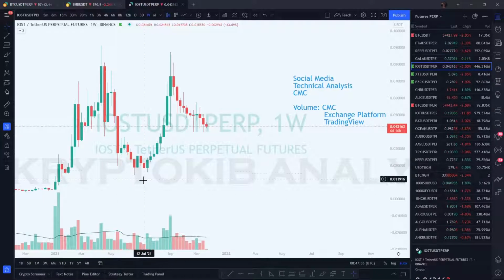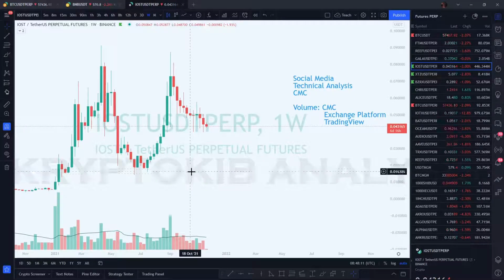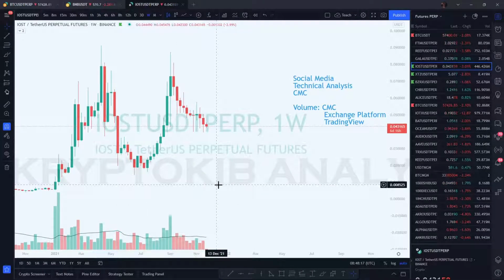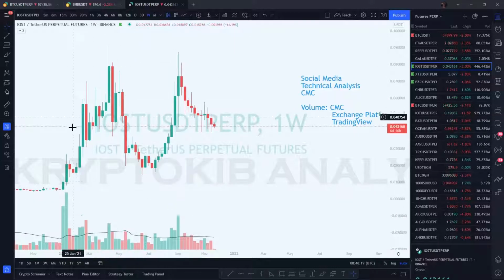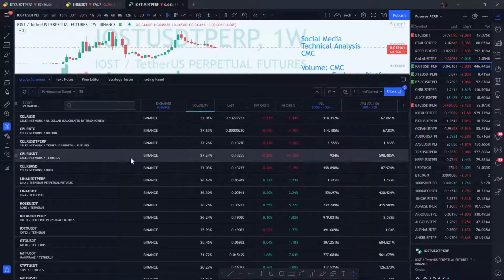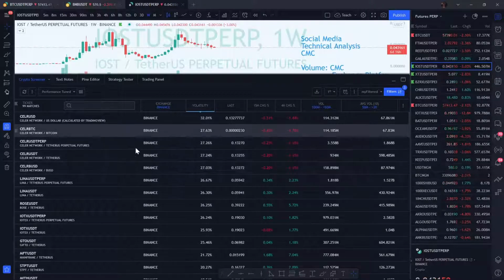So I have uploaded an app in the group which you can use on your mobile phone and then have access to this crypto screener. All you have to do is go on the group, then check the previous pinned post. You will get to see where I have the TradingView app uploaded, where you can have access to the crypto screener on your mobile device. So I will show you how to use this crypto screener with volume to identify coins